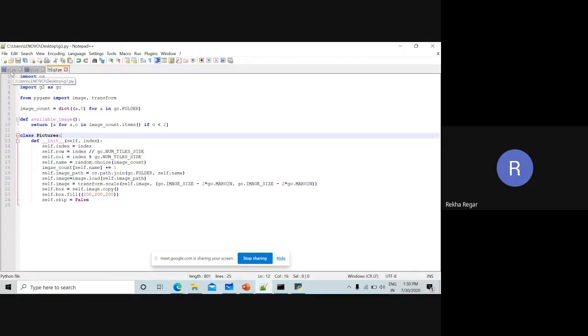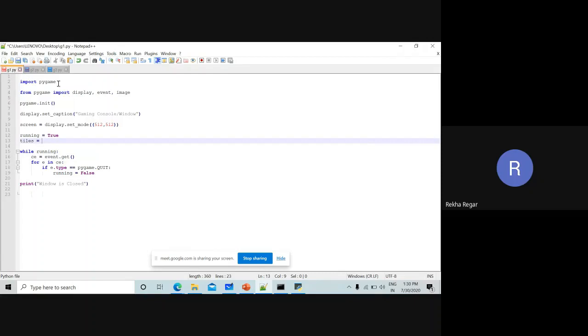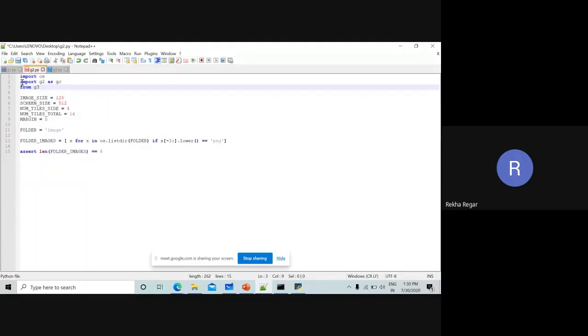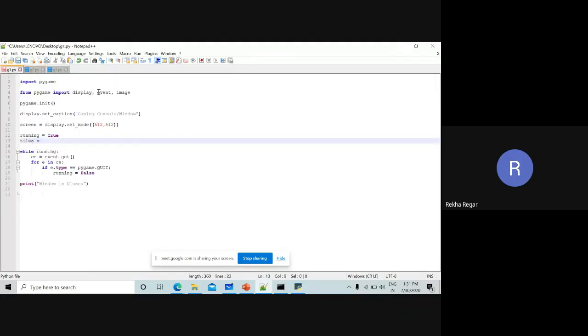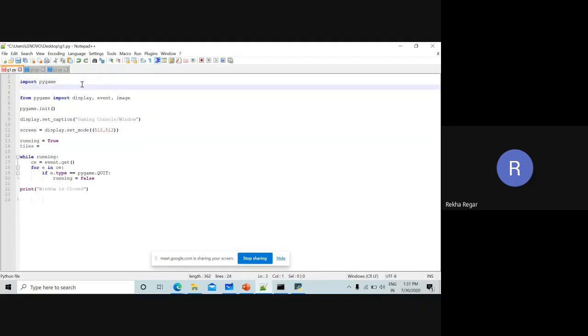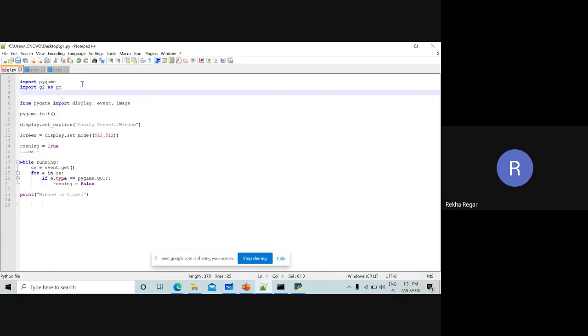Sorry, I wrote that wrongly, there is no need to do anything here. In the G1 I have to import the second file, G2, and that G2 must be as GC, because I gave the name GC in file number 3. And from the file G3 I need the pictures. So import pictures.